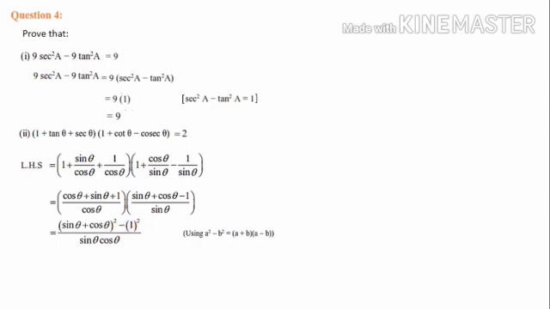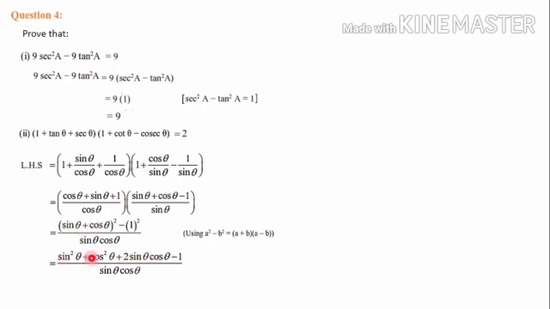Minus b square is 1 square, divided by the denominators: cos theta in the first bracket and sine theta in the second bracket. When you multiply both, we get sine theta into cos theta. Let's expand it using the a plus b the whole square formula. A plus b the whole square is equal to a square plus b square plus 2ab, that is sine square theta plus cos square theta plus 2 sine theta cos theta.